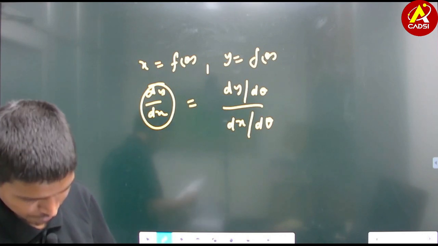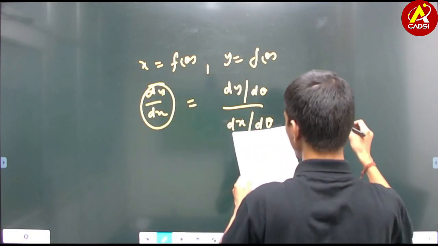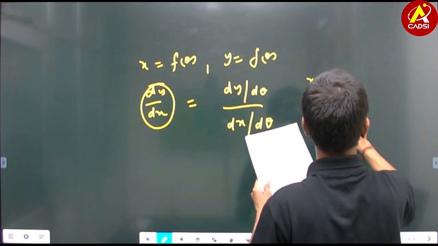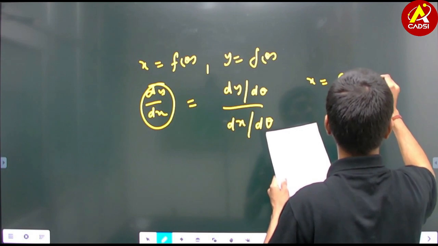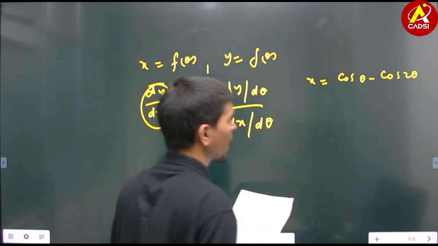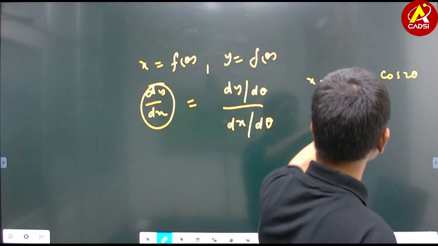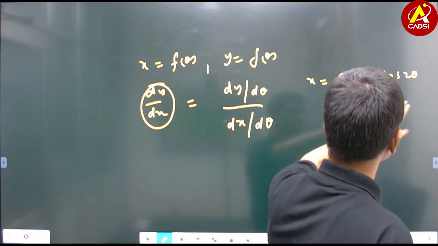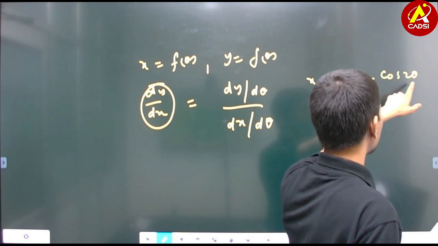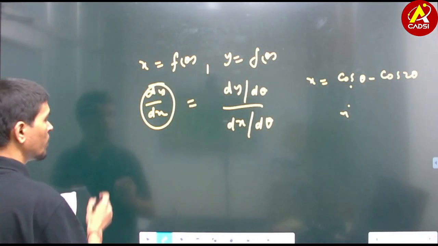Okay. So here x equals cos theta minus cos 2 theta. Okay. It is very simple to find the derivative of cos theta, but here we have to substitute, means that 2 theta equals t. Okay. So